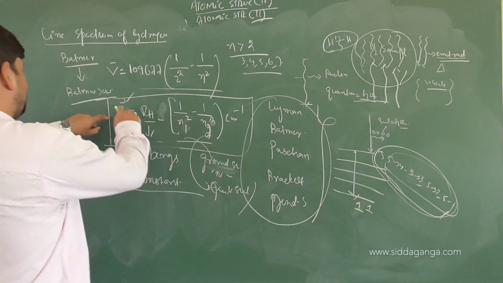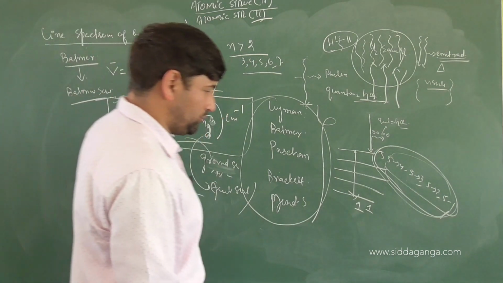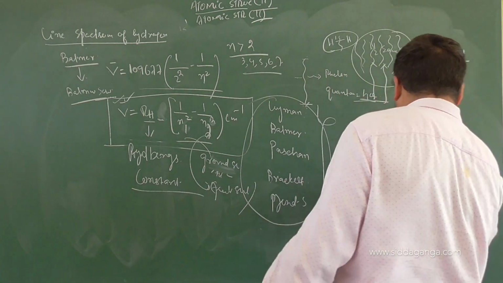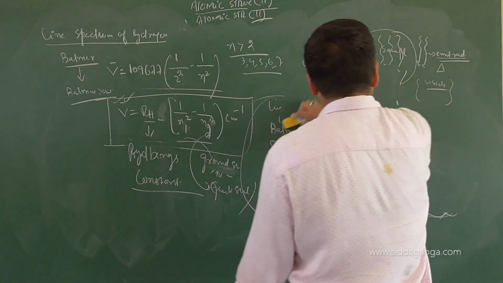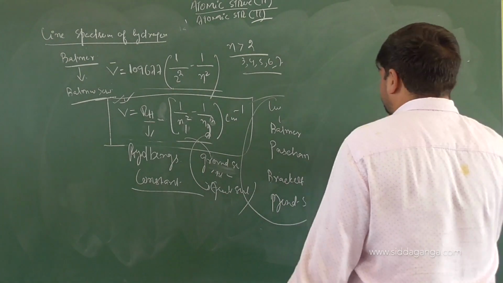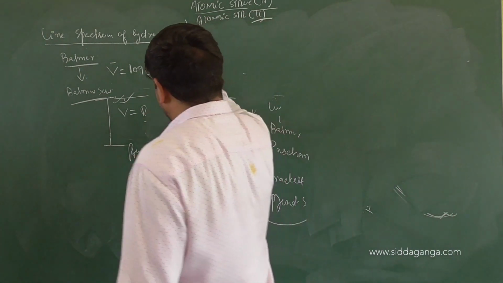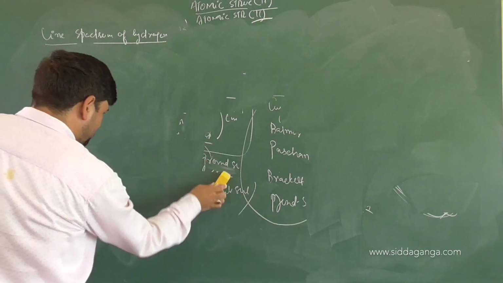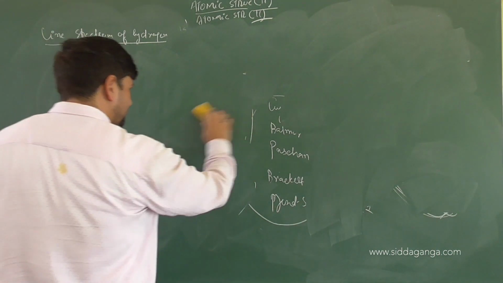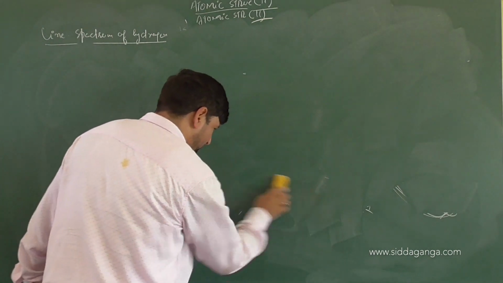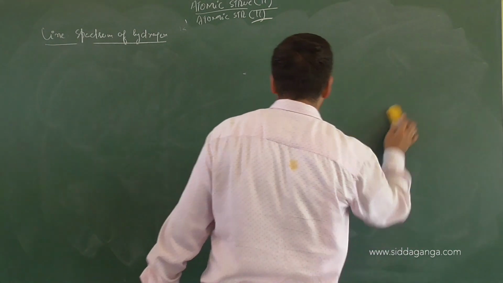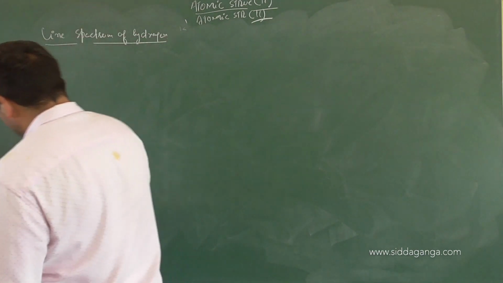So let us see how we get this from Bohr's model of an atom. Using Bohr's model of an atom, how can we calculate the wave number equation that we have used a while earlier? First of all, I want to find out the wave number. To find the wave number, I will need the wavelength. To get the wavelength, I'll need the frequency. So I will use some equations here to solve it out, using Bohr's model of an atom.